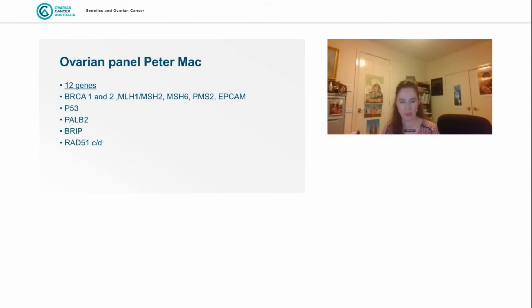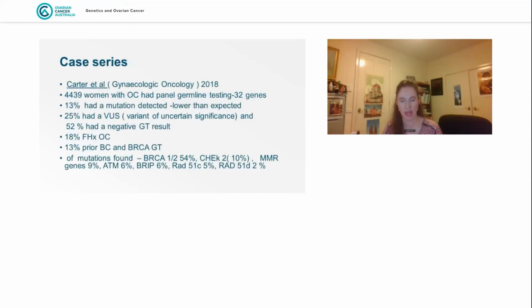It's more typically a breast sarcoma, but can sometimes cause cases of ovarian cancer. PALB2, I mentioned a 5 to 10% risk, same with BRIP and RAD51C and G. So this is pretty much a standard panel. And this is my last slide, but just going through, this is just one series from a few years ago